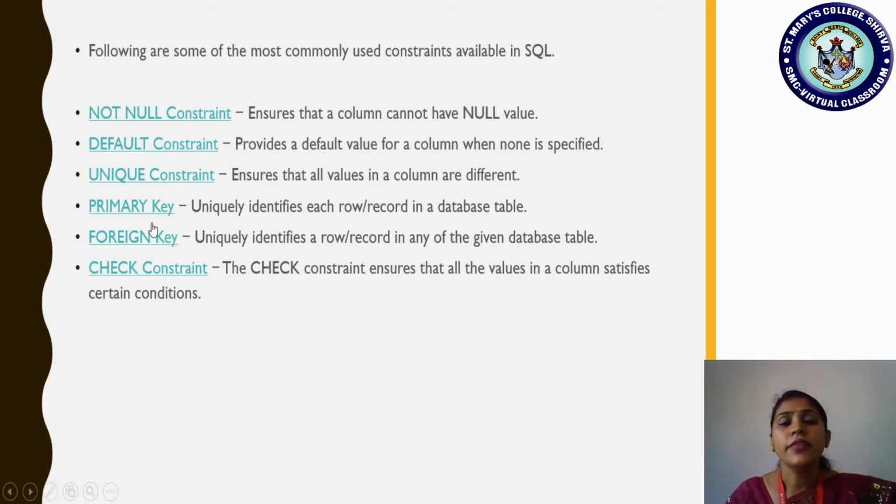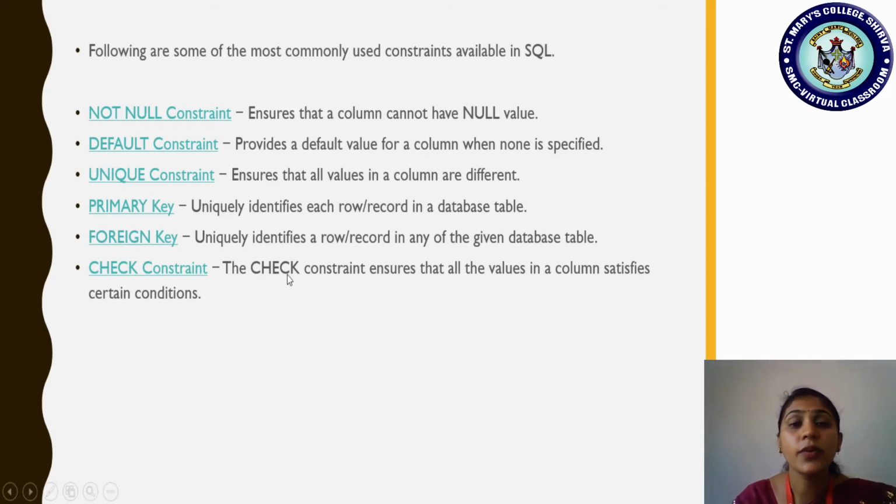So we know this, and we have discussed it many times during the entity relationship discussion, that for any relation or any entity when we are creating it and adding the attributes, one of the attributes should be chosen as a key attribute. Okay, so what is that key attribute? The key attribute values always remain unique from the other attributes, where there will be no chance of repetition of data in any record. Okay, so the data you are filling in each record will be what? Unique. It uniquely identifies each row or record in a database table.